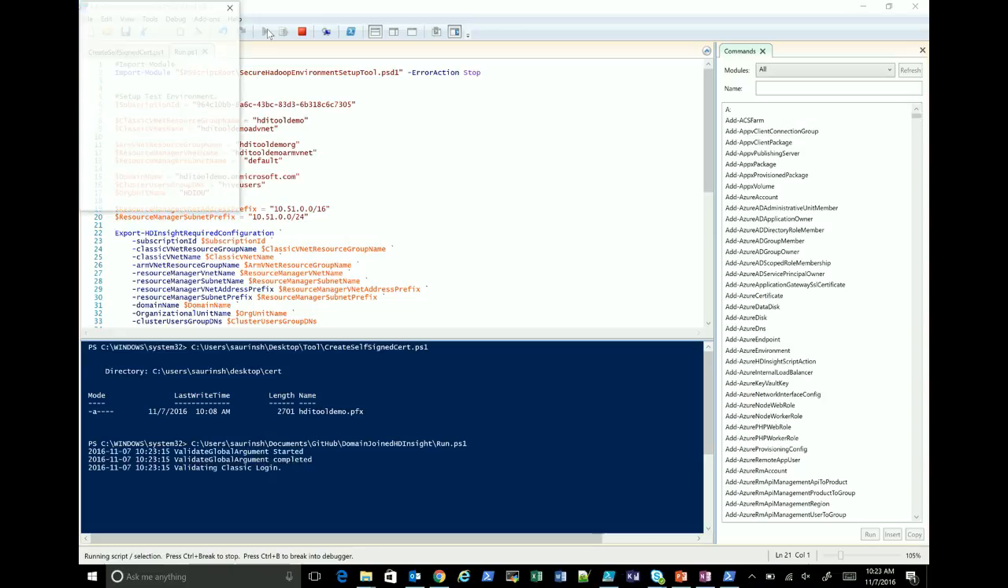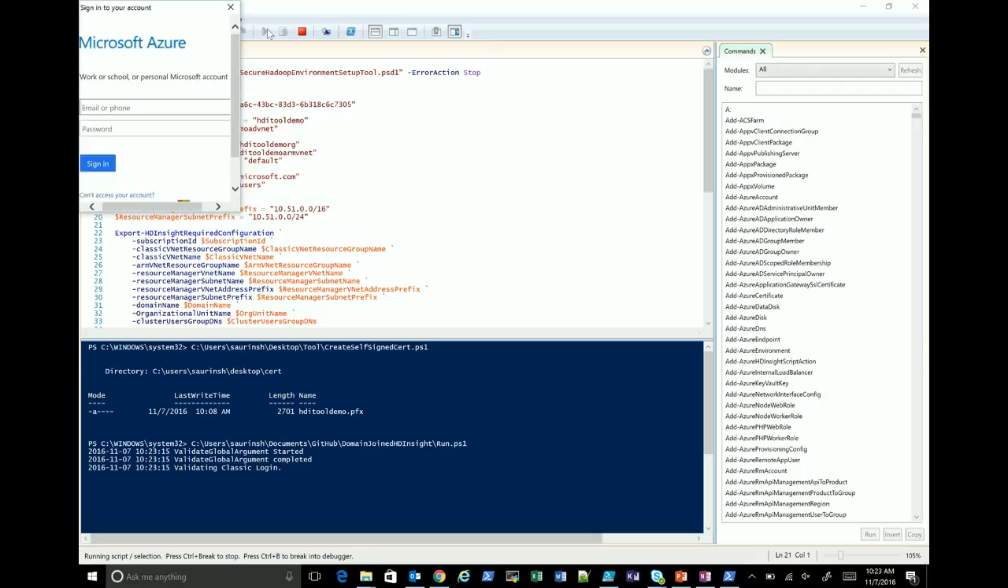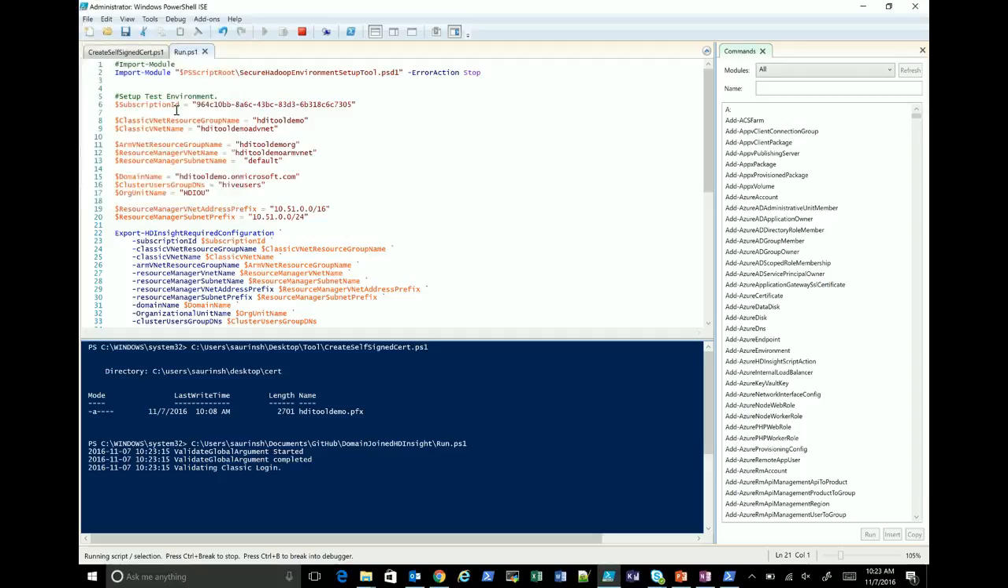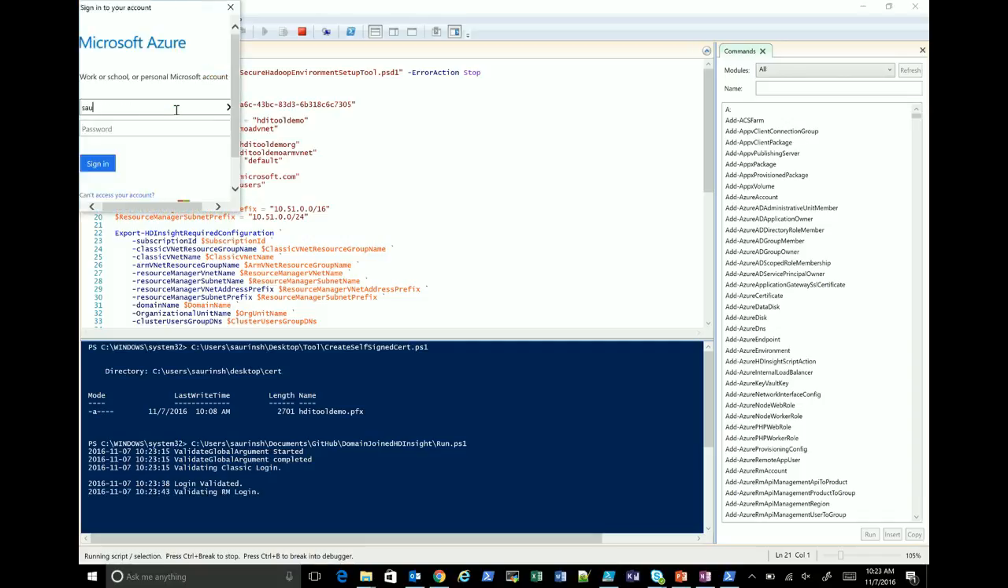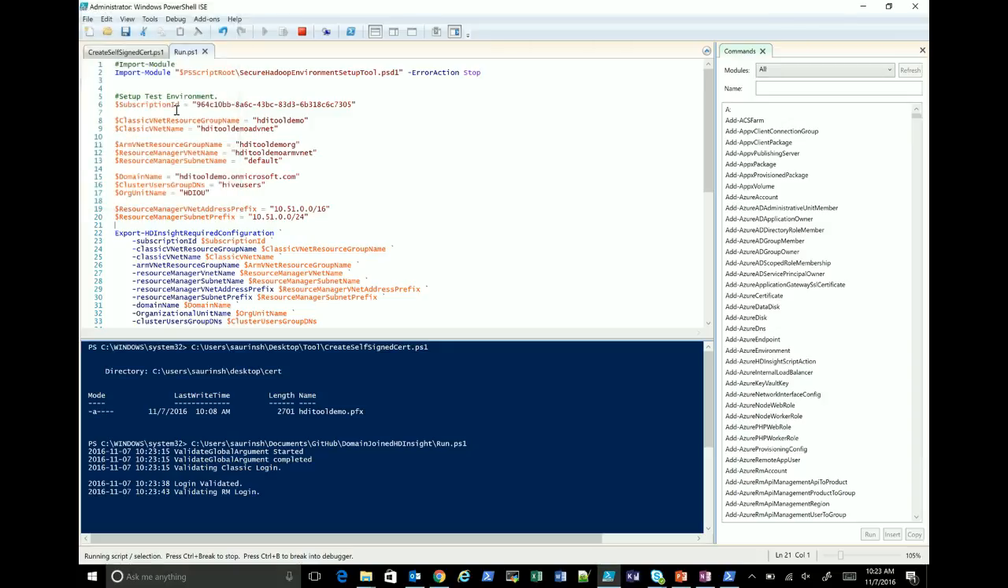First, it will try to log in to the classic Azure portal, and it prompts me for this. Let me enter the username and password. Then it will ask me to log in on the ARM Azure portal, so there's one more login. And finally, it will ask me for the credentials of the HDI cluster admin user on the HDI